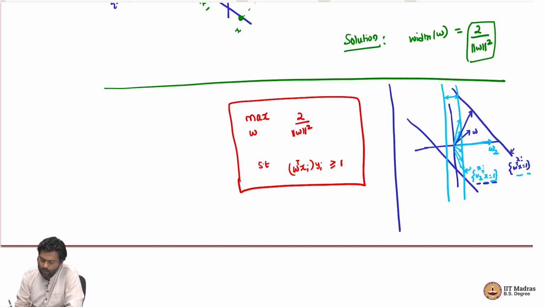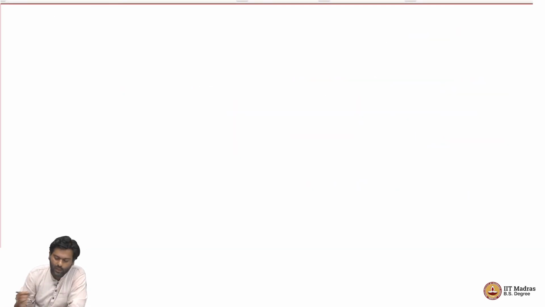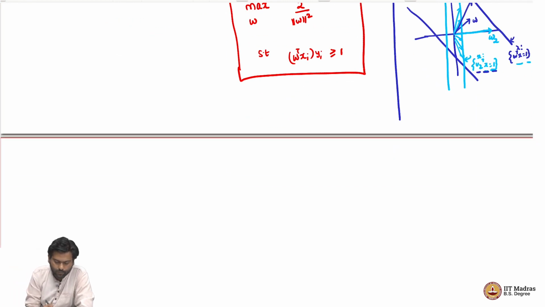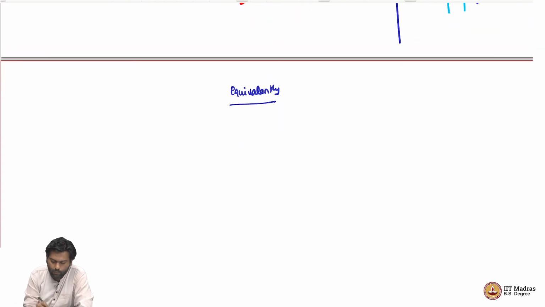So, and that is also true, you can just look at this equation and argue why that is true, because you want to maximize 2 divided by norm W squared, which is equivalently you can say that you want to minimize over W half norm W squared such that W transpose Xi into Yi is greater than or equal to 1,